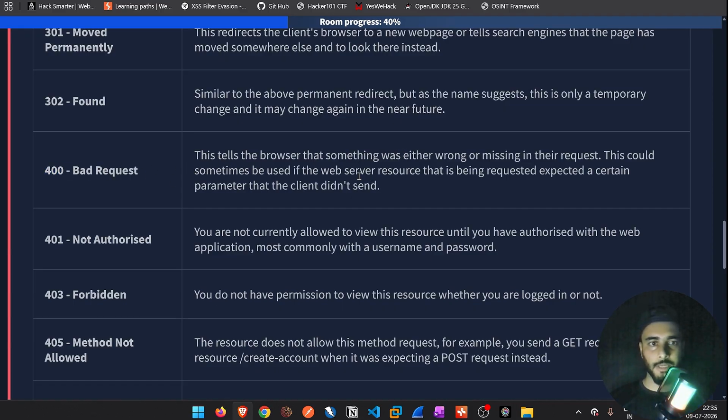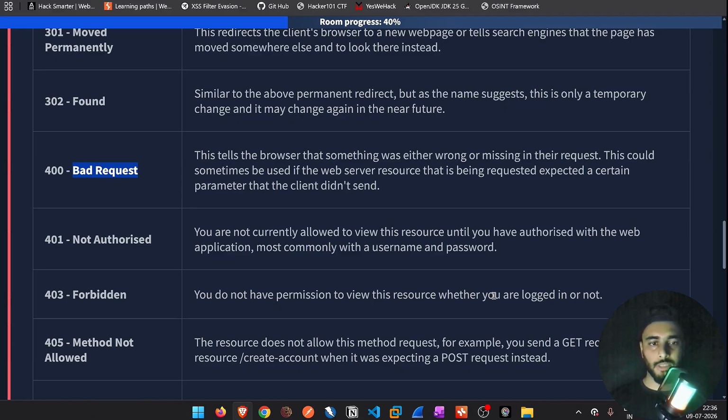So क्या होता है कि मान लीजिए आपने एक रिक्वेस्ट सेंड करी है लेकिन जो सर्वर है वो एक्सेप्ट कर रहा है एक पैरामीटर जो कि आपने अपनी रिक्वेस्ट के साथ सेंड नहीं किया है। तब जो है हमारे पास 400 एरर आता है जो कि है बैड रिक्वेस्ट।